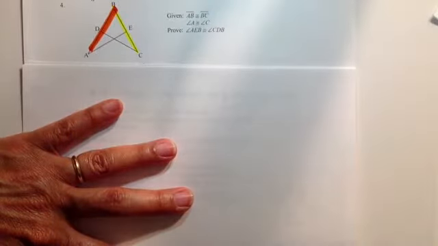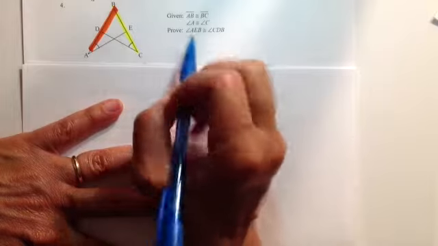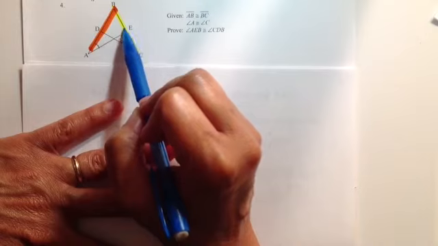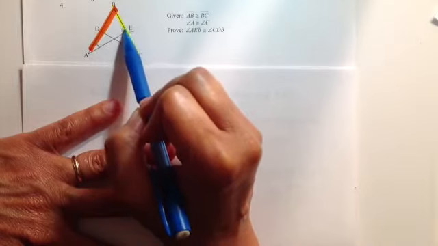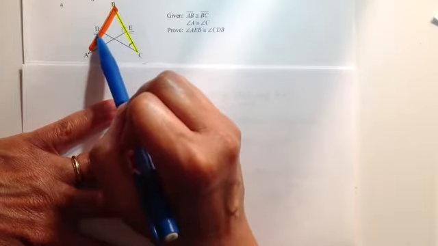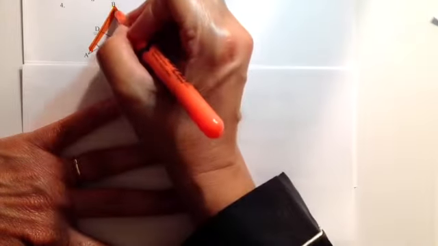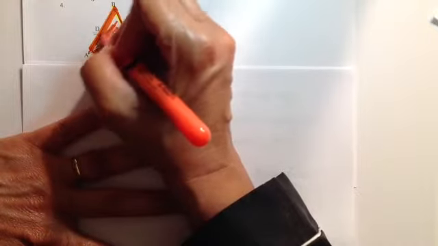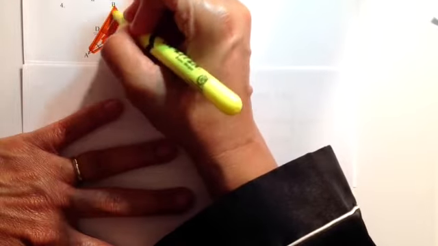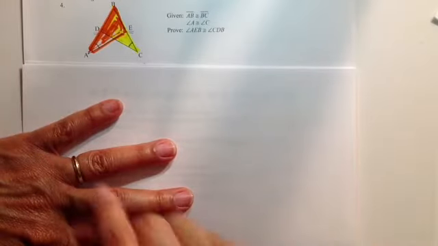And we're given that angle A is congruent to angle C. And what we're asked to prove is that angle AEB, this angle here, is congruent to angle CDB, this angle right here. So once again, I see that if I could prove that this triangle right here is congruent to this triangle right here, and notice that they're overlapping, but that's okay,